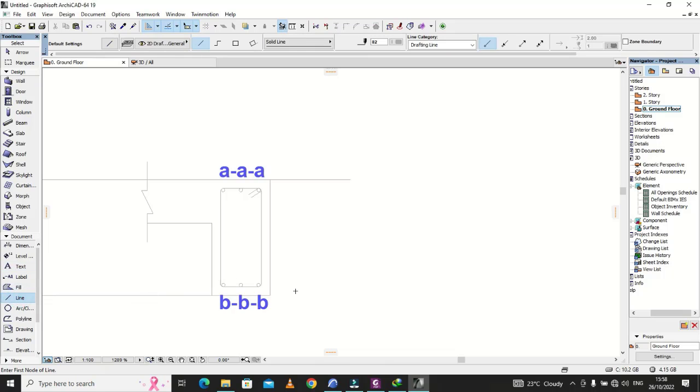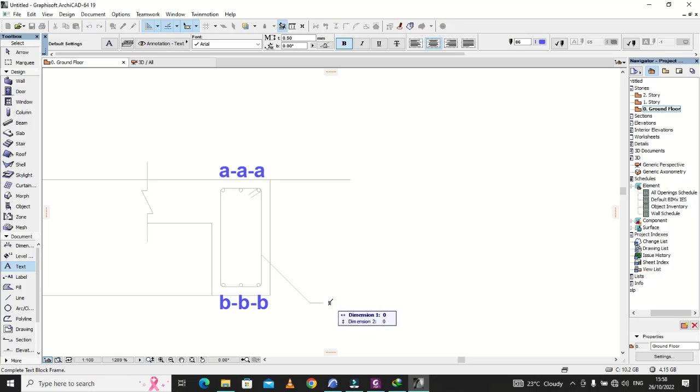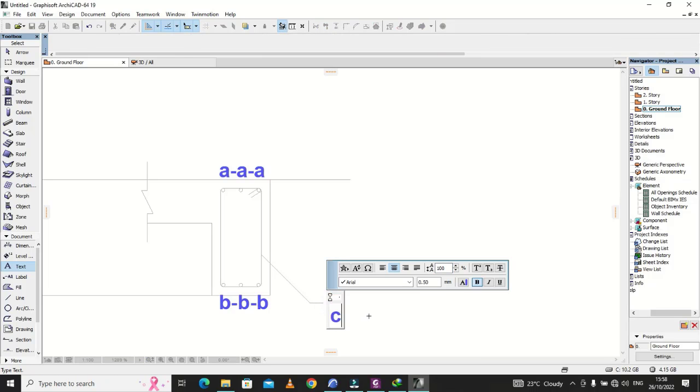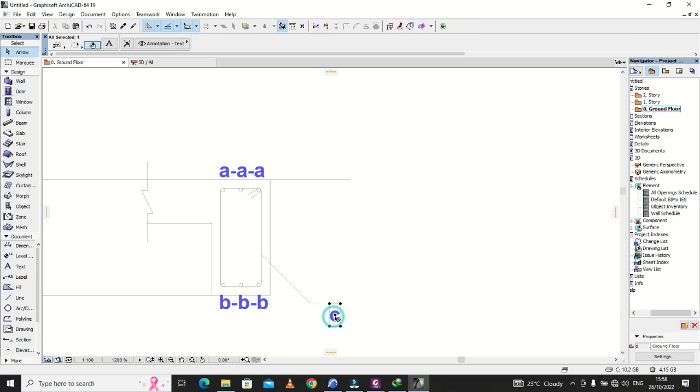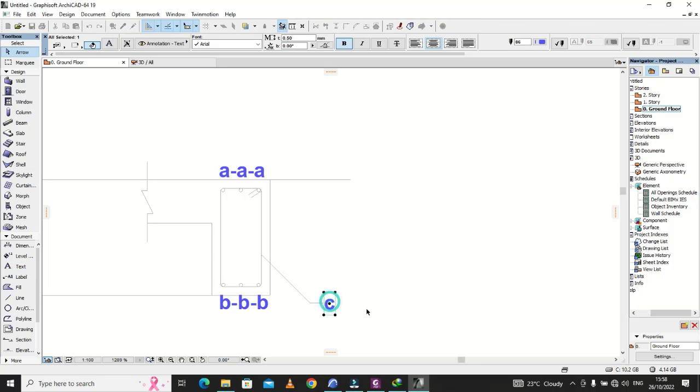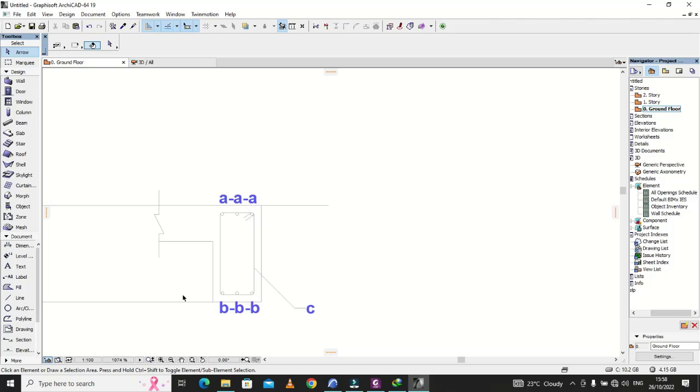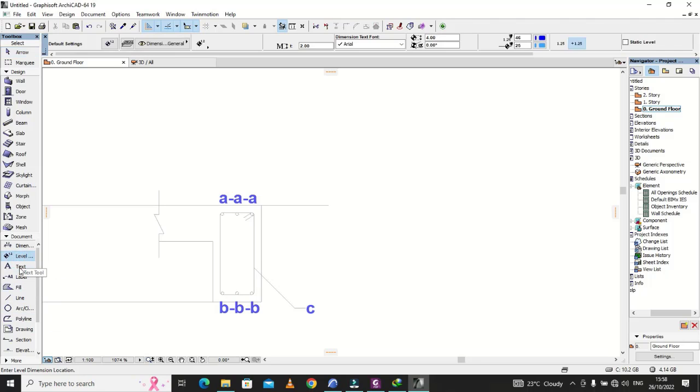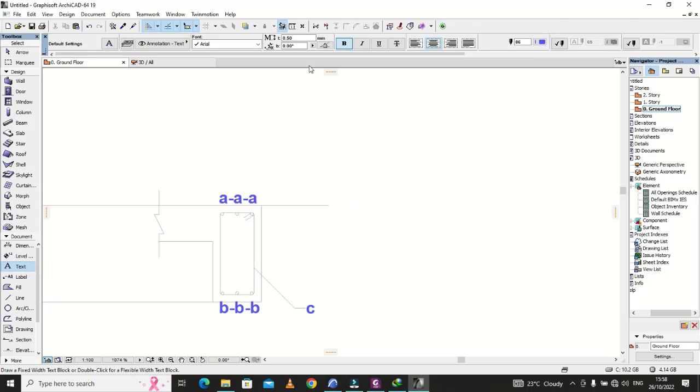We have to show the links. So for the link, we shall label it C, like that. And then we shall come here and put the key so that we can show what we mean by